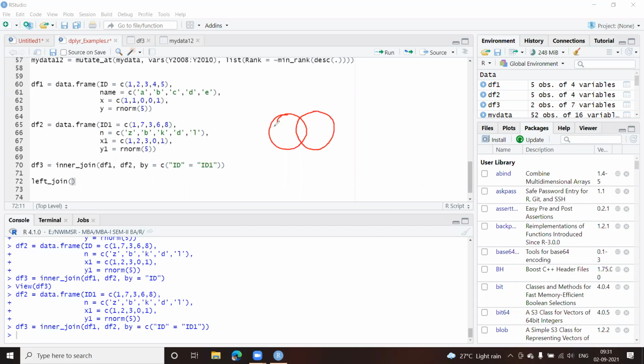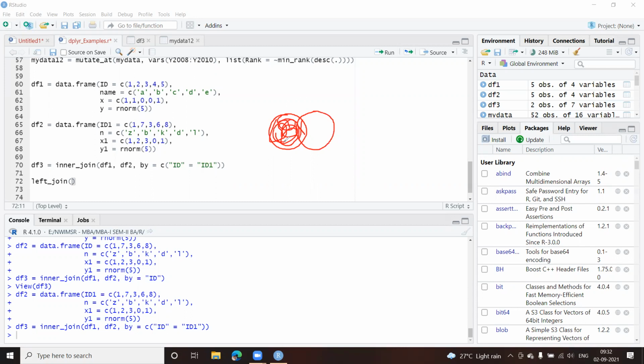Now left join is going to return me all the records from this particular table, including the ones which are common. So this whole thing will be returned. That is the use of your left join.